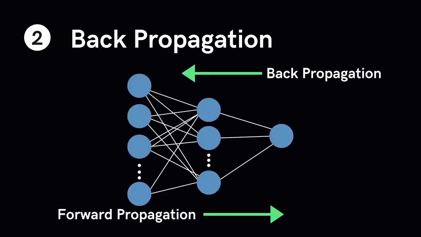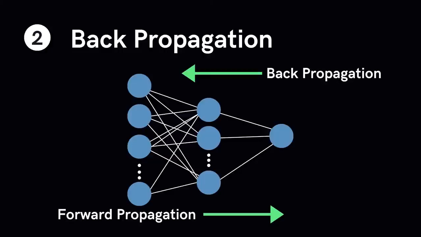Back propagation is almost like forward propagation, except in the reverse direction. Information here is passed from the output layer to the hidden layers, not the input layer. But what information gets passed on from the output layer? Isn't the output layer supposed to be the final layer where we get the final output? Well, yes, but no. Back propagation is the reason why neural networks are so powerful. It is the reason why neural networks can learn by themselves.